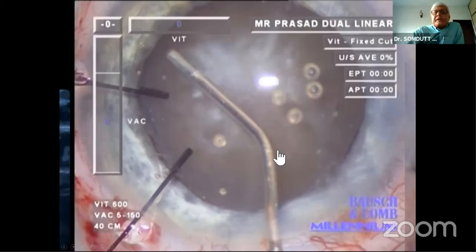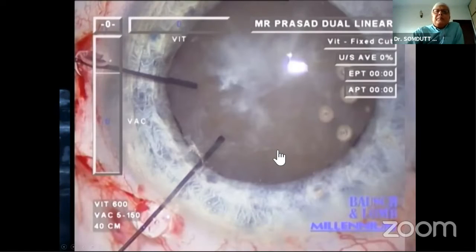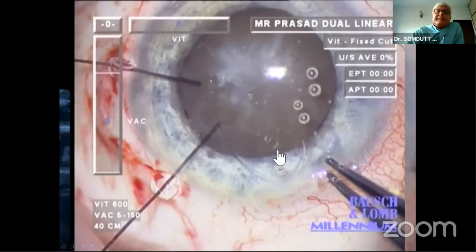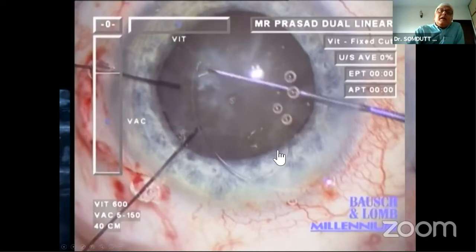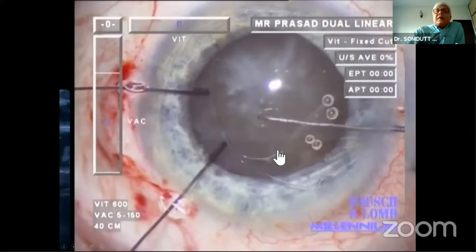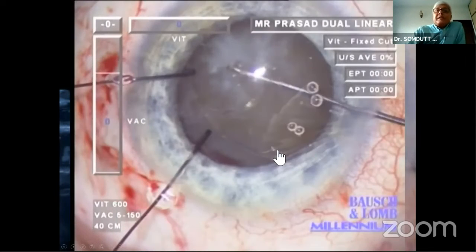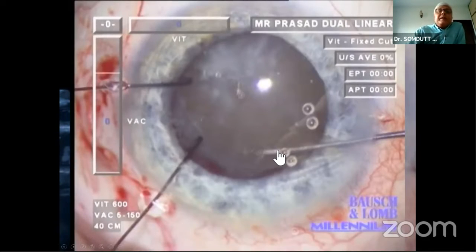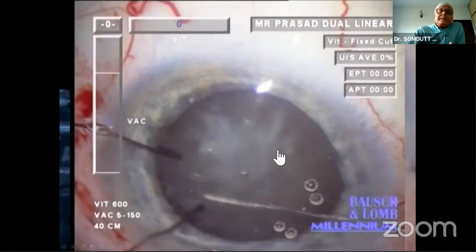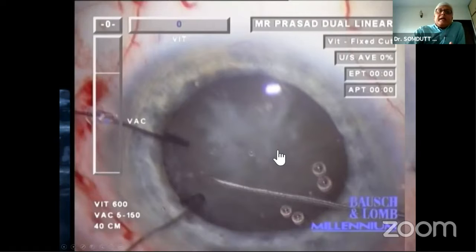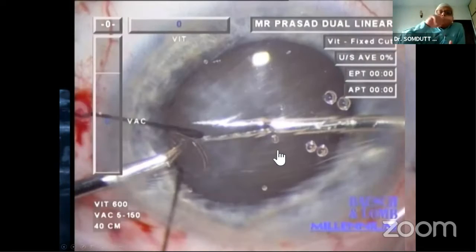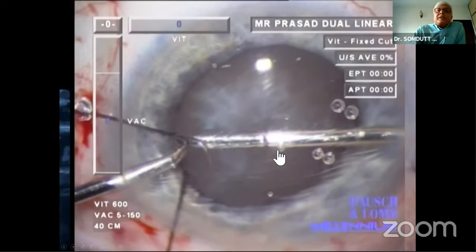Very gentle hydrodissection because again, you don't want to blow anything up. And I put in the capsule tension segment at this stage. I haven't really decided, you saw how that lens was dangling before I started, so I haven't really decided whether I'll get away with it or will have to convert to a vitrectomy. I'm not going to suture this segment in yet. What I'm going to do is take one of my iris hooks and engage the middle little eyelet.